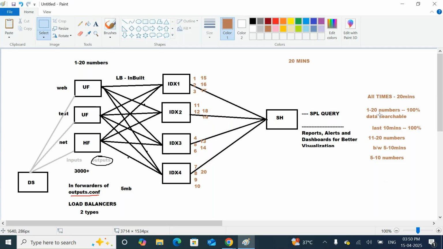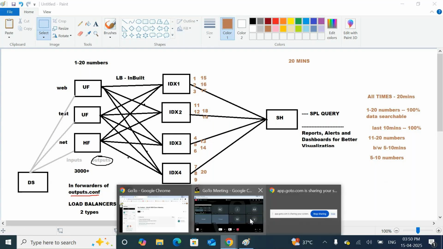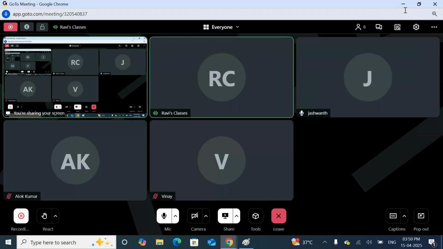The first 5 minutes, how many events are stored? That many events only you can search. Understand? Yeah, sir. In the middle, the 5th to 10th minute, how many events will you store? Only those events you can search. Why? Because events are stored with a time. Data is stored with a time, so that you can search whatever time you want. That time's data only will be searched. Understand? Any others having a question with this point? No, sir. Clear, Manoj? Manoj is okay. Drop. No problem.